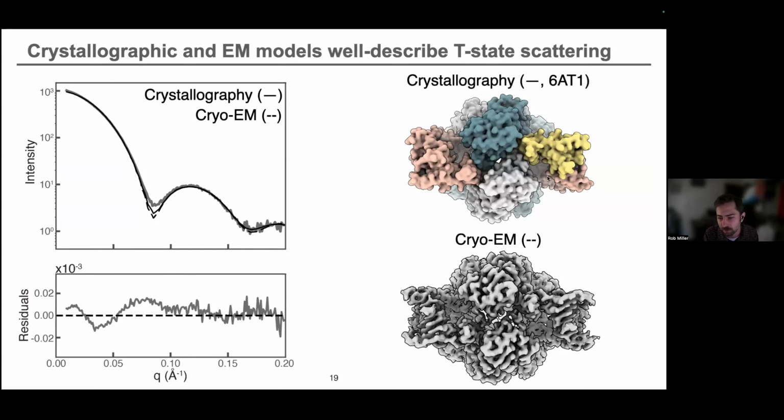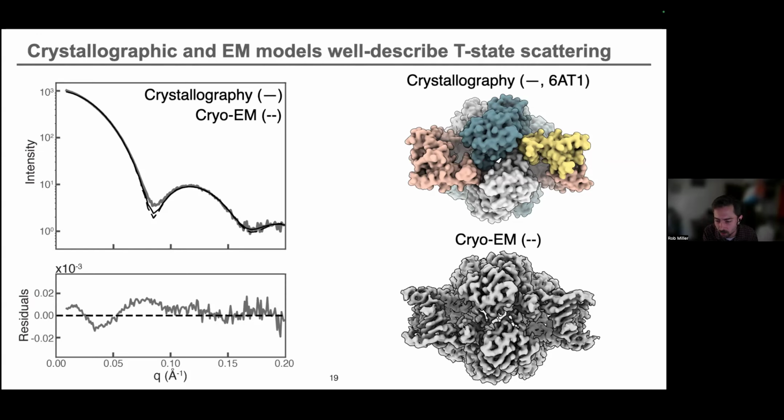So in agreement with what previous researchers observed, we saw that when we generated the theoretical scattering from a crystallographic model, so we orientationally averaged and hydrated it, and then compared it to our experimental scattering, this did an exceptionally good job at describing the scattering we see in solution. So this is suggesting that our high-resolution model is doing a good job at describing the overall ensemble we see in solution,